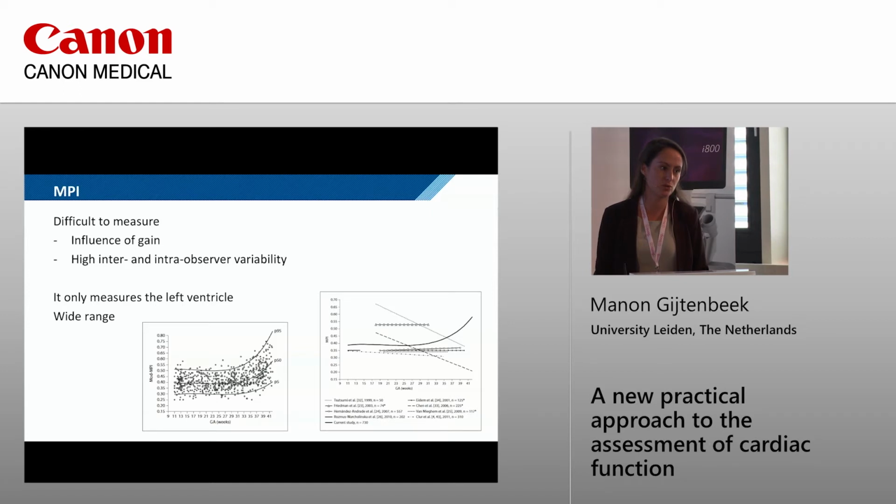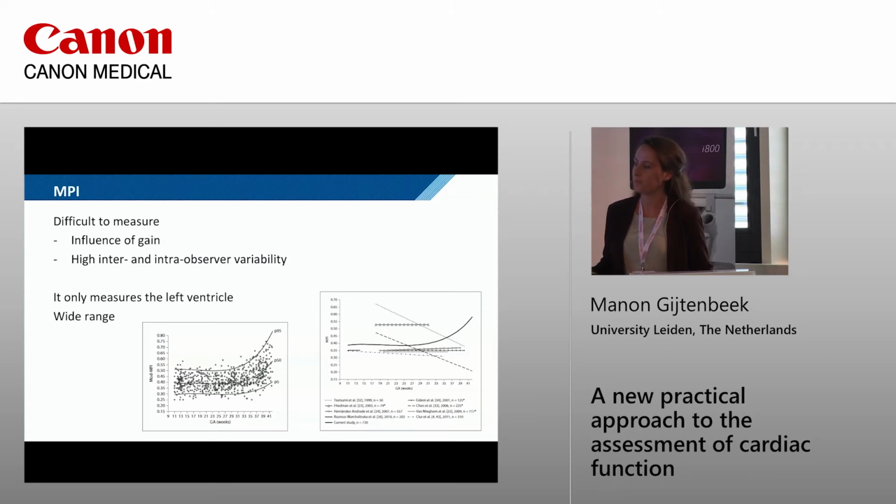We tried to get our own reference values in our center, and it's subject to very high inter and intra-observer variability. It has a wide range of values, and you see that if every center gets its own reference values, because there's no reference range which is usable in every center, you get a lot of different shapes of normal values of this